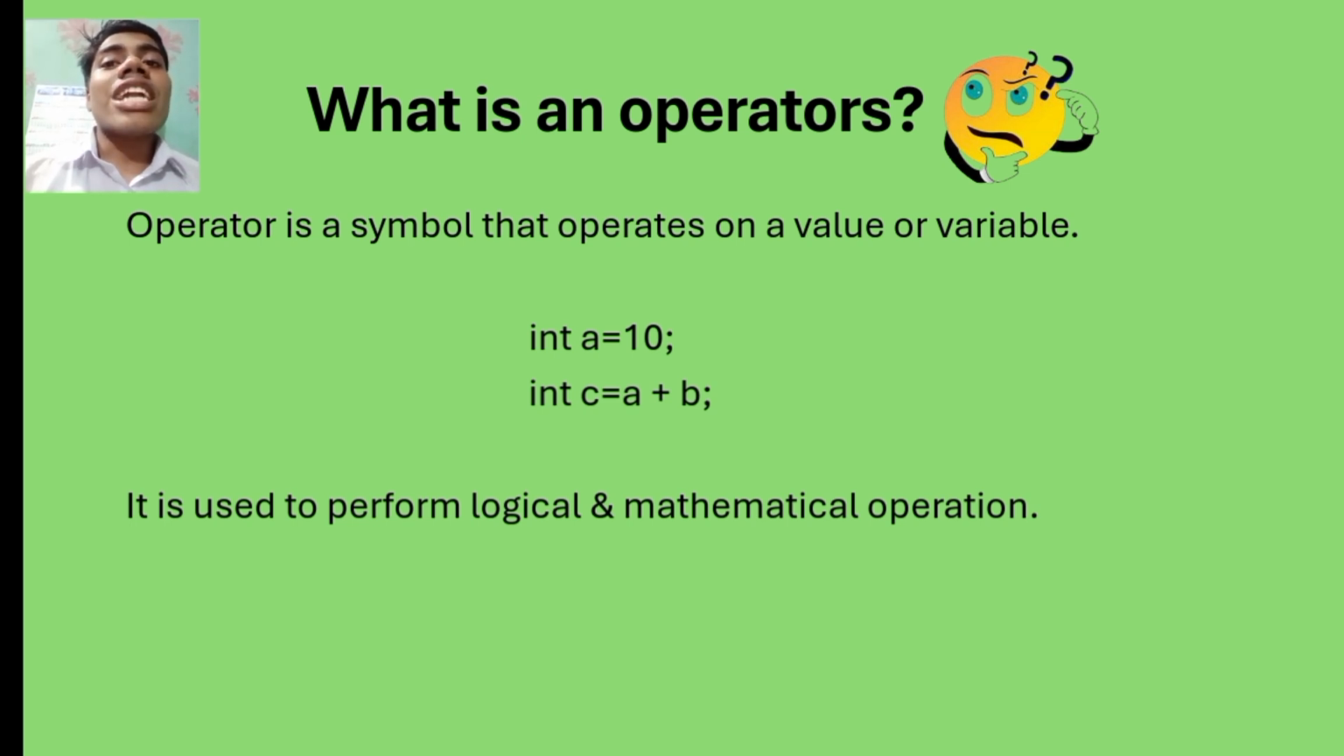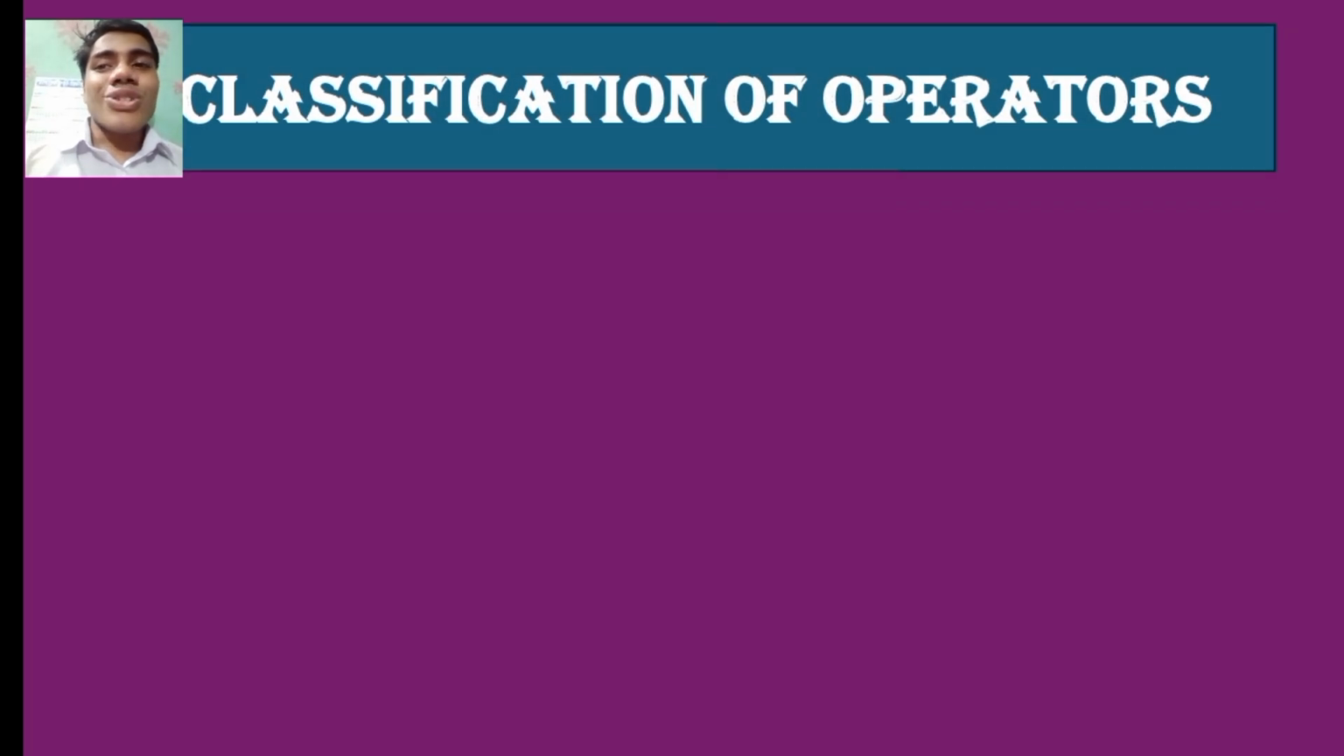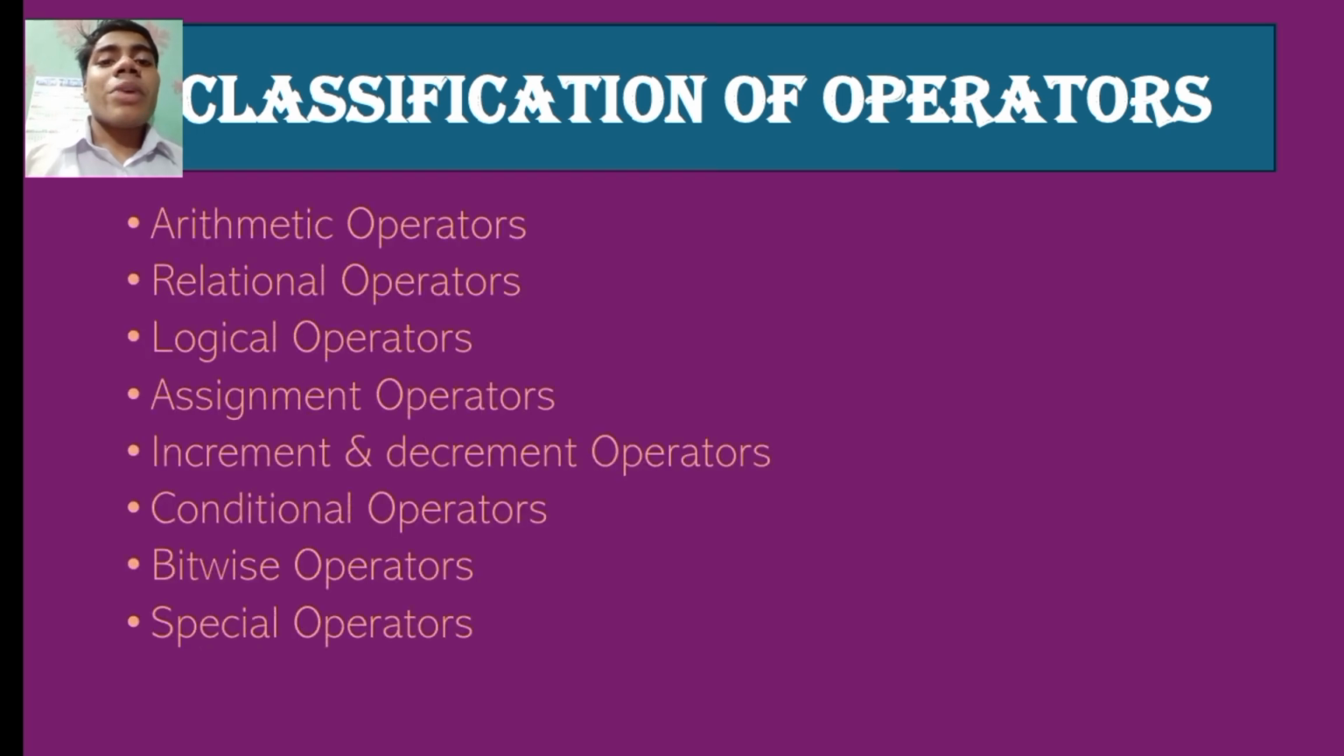They are the fundamental of problem solving in coding because they allow us to manipulate data and control the logic of a program. Just like grammar rules in a language, operators give structure and meaning to our code. Now, classification of operators. Operators can be classified into different categories such as arithmetic operators, relational operators, logical operators,